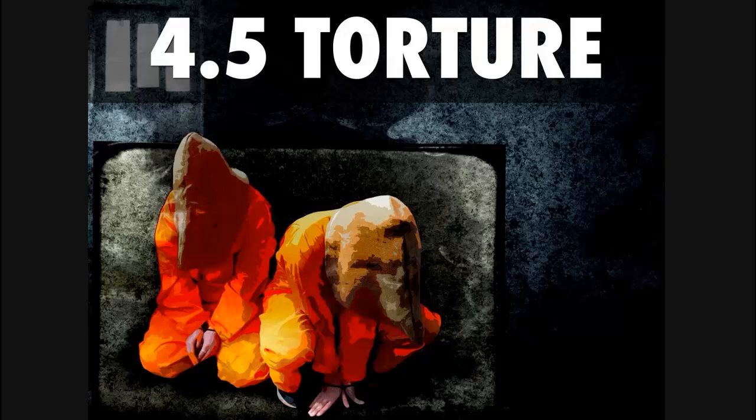First, torture as a crime against humanity requires two things: the severe pain or suffering requirement, and in addition that the victim be in the custody or control of the perpetrator. It doesn't appear to require a prohibited purpose, and it doesn't require the involvement of a public official. Somewhat differently, torture as a war crime does require severe pain and suffering and also a prohibited purpose, but not the involvement of a public official.